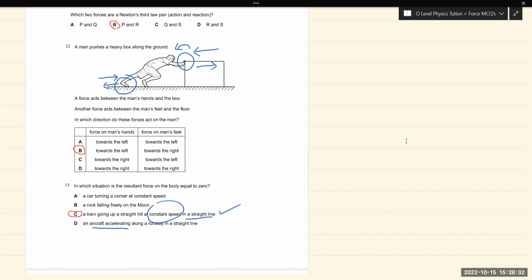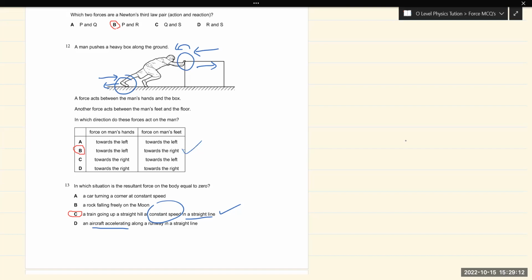तो एक मेंस के हाथ पे लग रही है और एक उसके फीट पे लग रही है, यानी वहां से उसे फोर्स मिल रही है और वहां पाँव फीट से उसे फोर्स मिल रही है और वो बॉक्स पर अप्लाई कर रहा है। ठीक है, सो फोर्स ऑन द मेंस फीट इज टुवर्ड्स द लेफ्ट। और फोर्स ऑन मेंस हैंड इज टुवर्ड्स द लेफ्ट, लेफ्ट की तरफ होगी क्योंकि वो राइट की तरफ इसे मूव करवा रहा है। और फोर्स ऑन द मेंस फीट इज टुवर्ड्स द राइट, राइट की तरफ होगी बिकॉज वो उसे लेफ्ट की तरफ मूव करवा रहा है। ठीक है, तो ये हमारा ऑप्शन बी इज द राइट ऑप्शन।